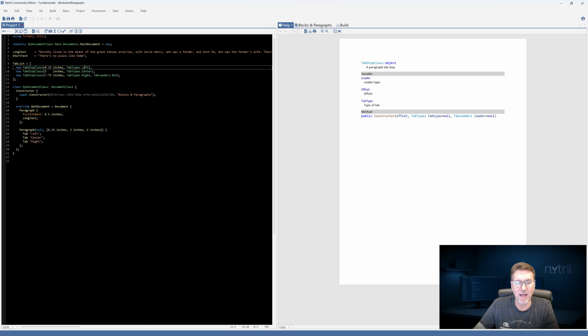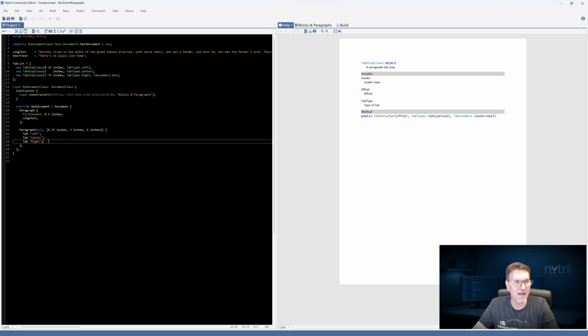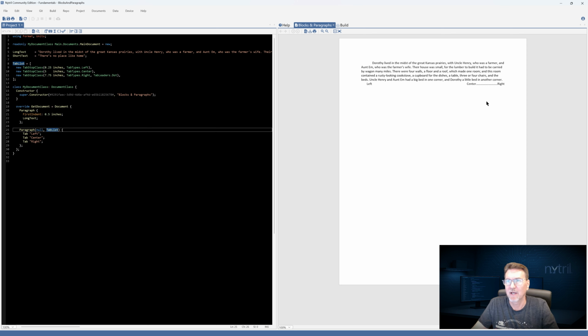So this is left aligned at the tab, center the text on the tab, right aligned on the tab. And then we're going to throw in some leader dots here that are going to lead the content up to this tab. And let's press F5 on, well, I got to put the tab list in. So place the tab list in here. All right, that's pretty straightforward. All we're doing is passing in a tab list, a list of tab stops into here, an array of tab stops. I press F5, and we can see how it reconfigured itself here.